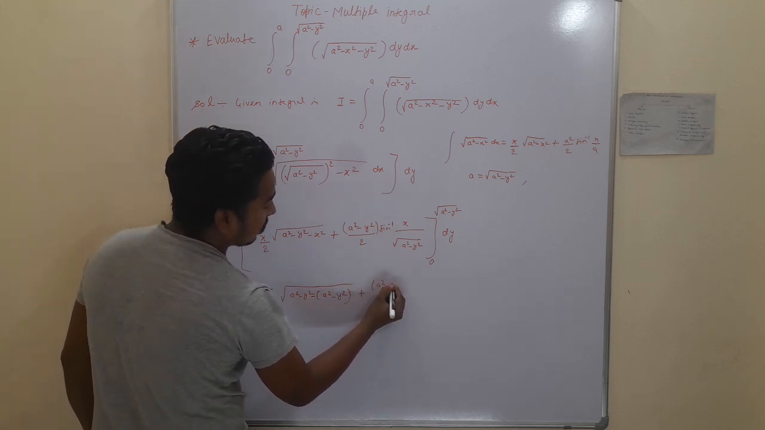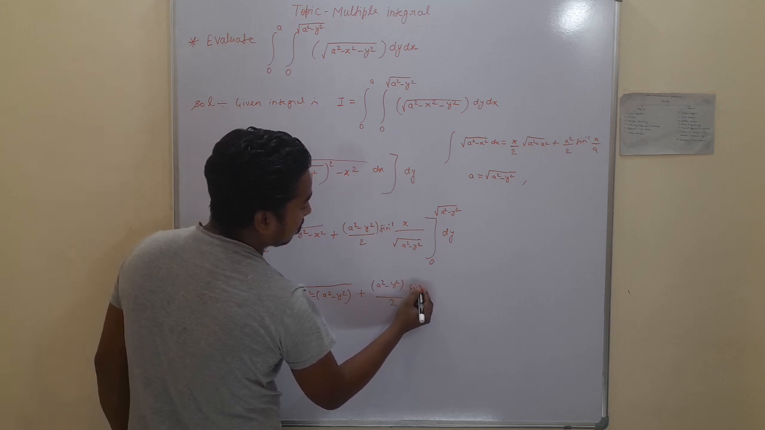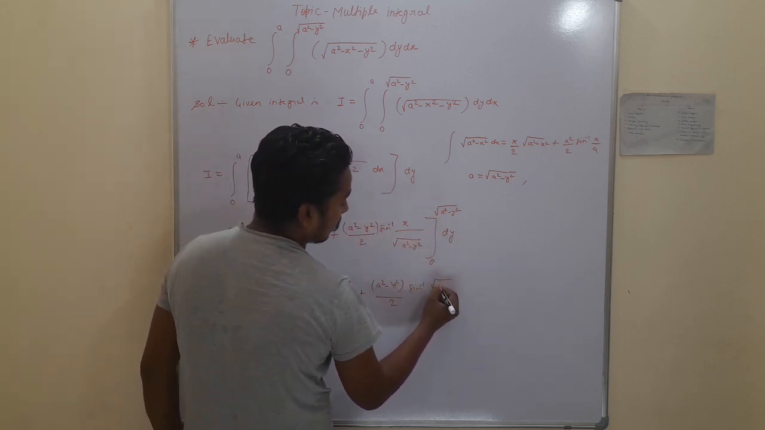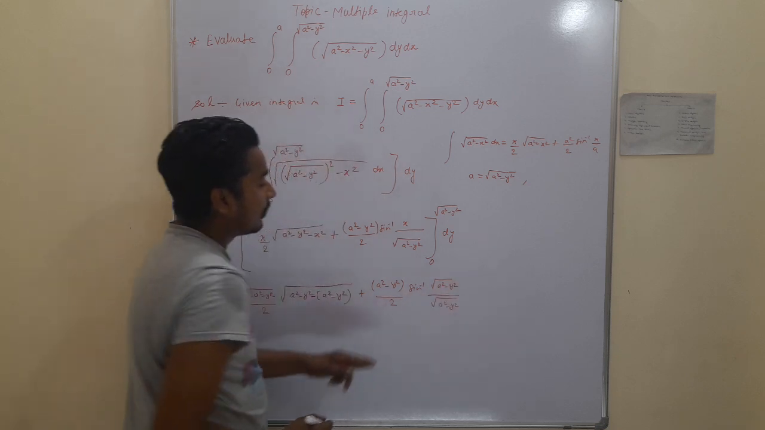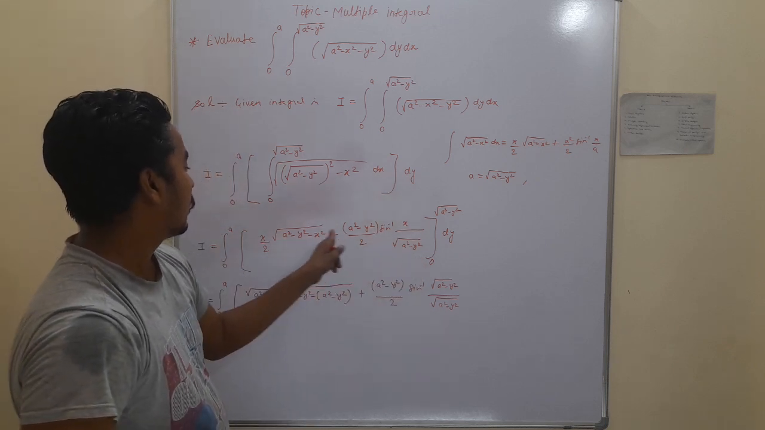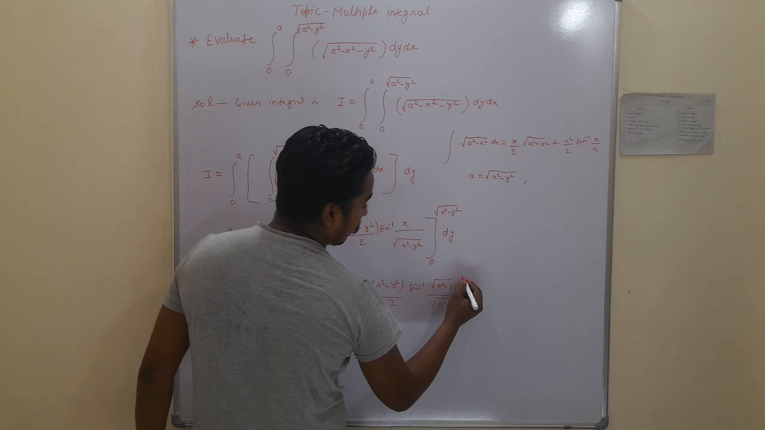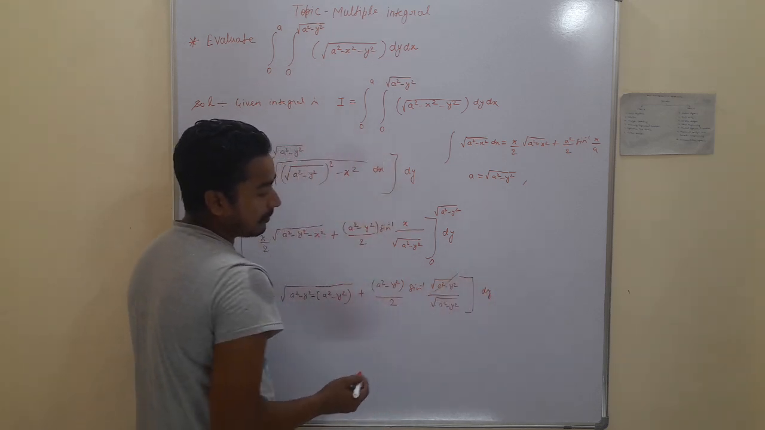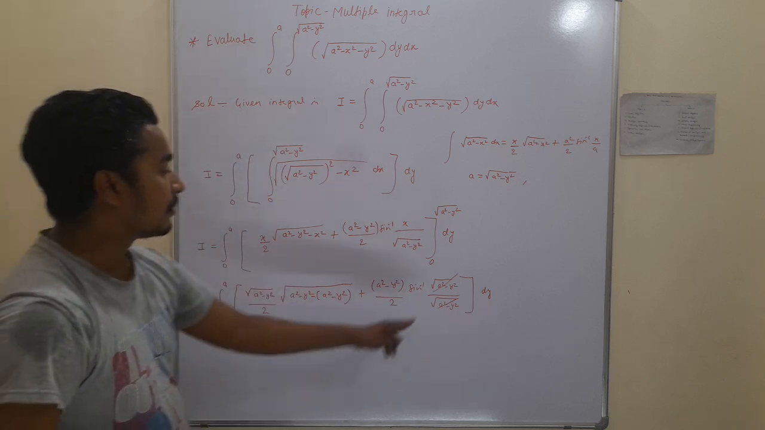a squared minus y squared by 2, and here is sine inverse. In place of x we put square root of a squared minus y squared upon square root of a squared minus y squared. When we put the lower limit, we get all zero here. So we do not need to put in the lower limit, and whole dy. From here square root of a squared minus y squared over square root of a squared minus y squared cancels out. Then remaining is here